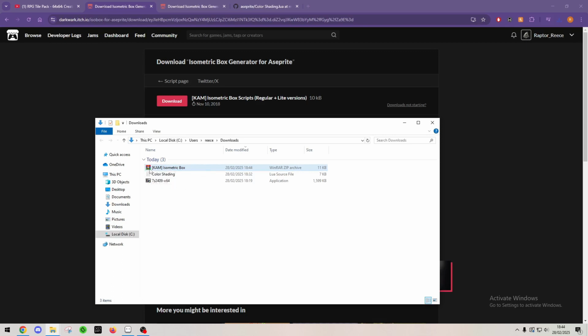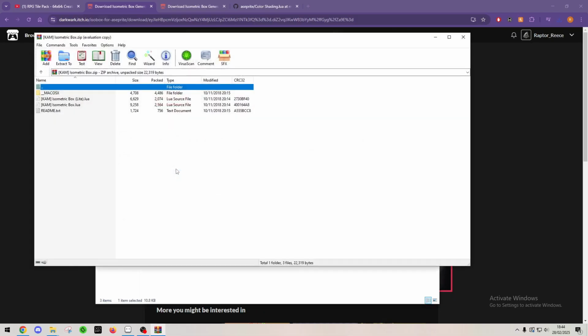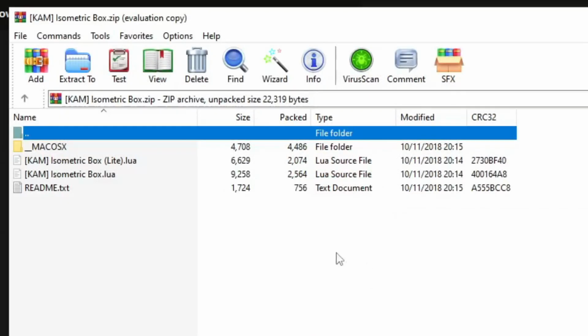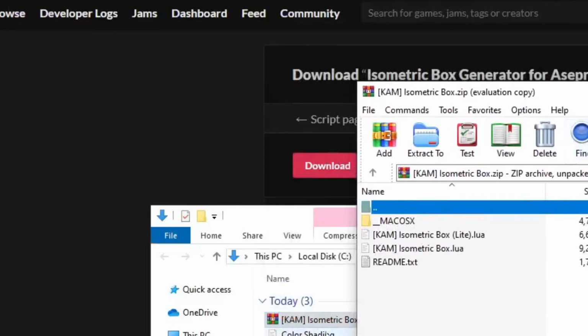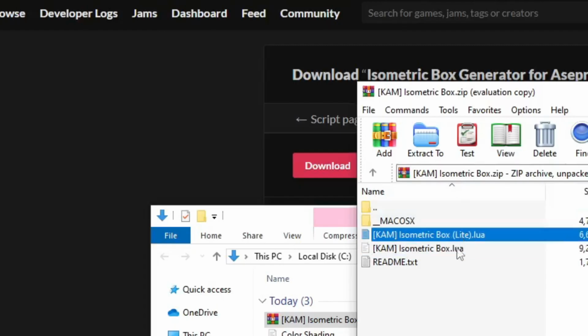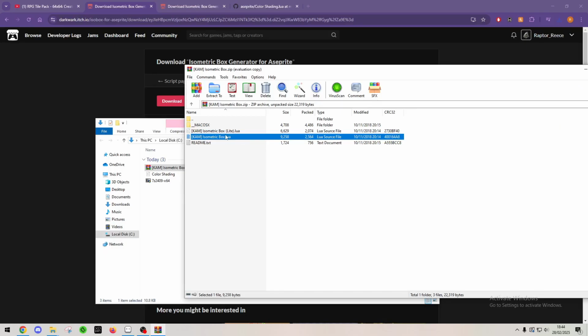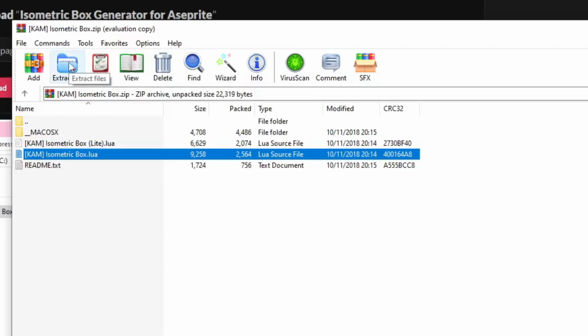Now yours may have a different symbol here. This looks like this because I have a program called WinRAR installed. But by double clicking it, you should be brought to this page. This is essentially what's inside of this file, and here we can see these are the Lua files that we're looking for. So what we're going to want to do is click on the isometric box.lua. You can do the same for the light version, but I've tried both and this is the original version that we're after. Once we have that highlighted, we just click Extract to,